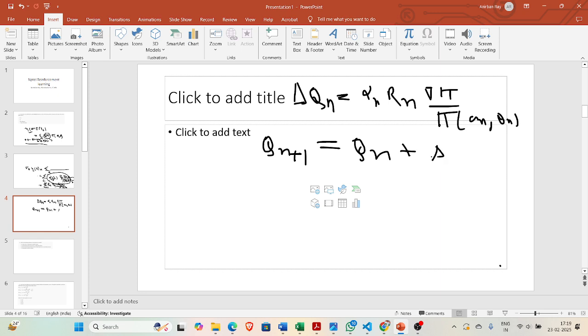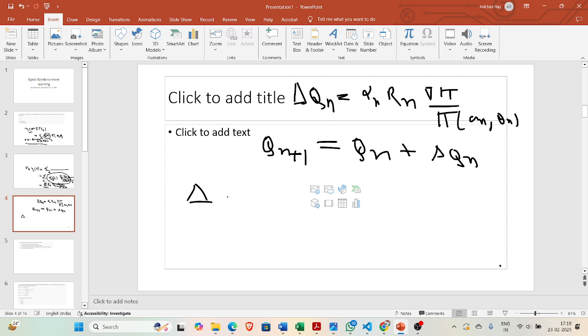This just add this del qn for distributions. Okay, so pi is a probability distribution, as you can understand. So it is a density function actually, and for distributions like the normal distribution which have exponentials, taking the derivative can be difficult, so we have another log form for this.